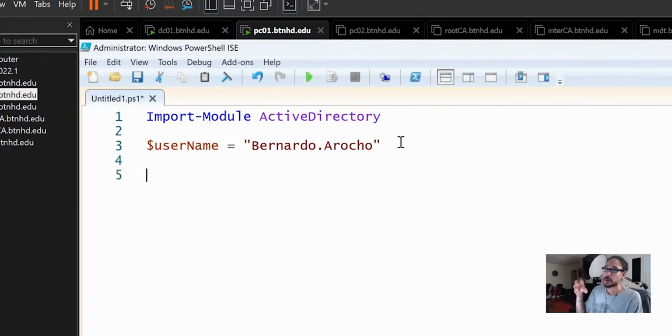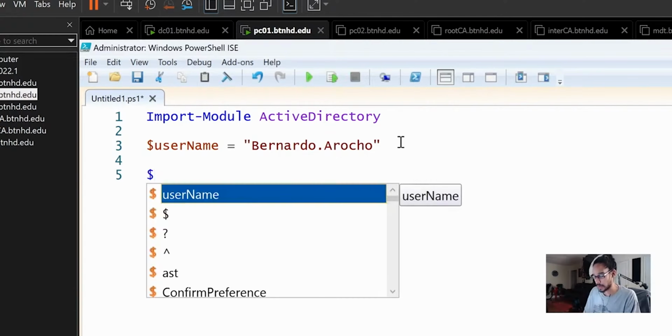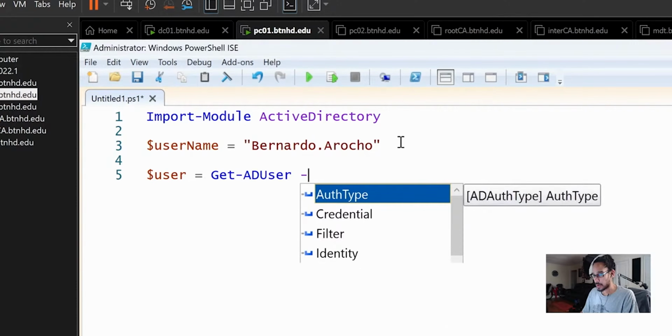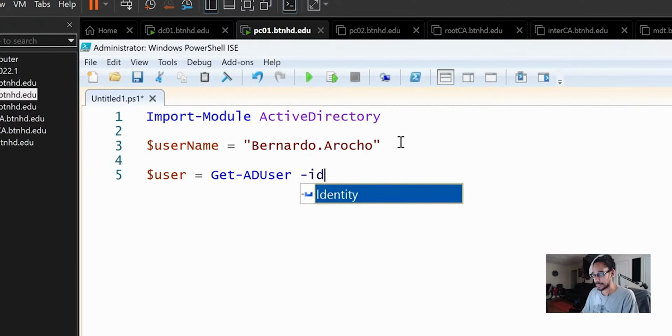So now we need to grab the user's object or the user's information. To do that, I am also going to create another variable and I'm going to call it user. We're going to equal it to the following. So we're actually going to go into the Active Directory module and use a command called Get-ADUser. I'm going to hit tab to autocomplete it. And I'm going to use the parameter of Identity, autocomplete that.